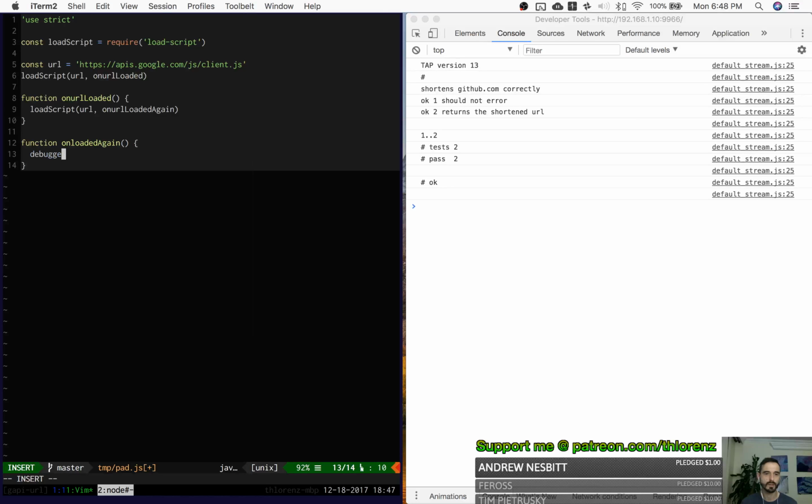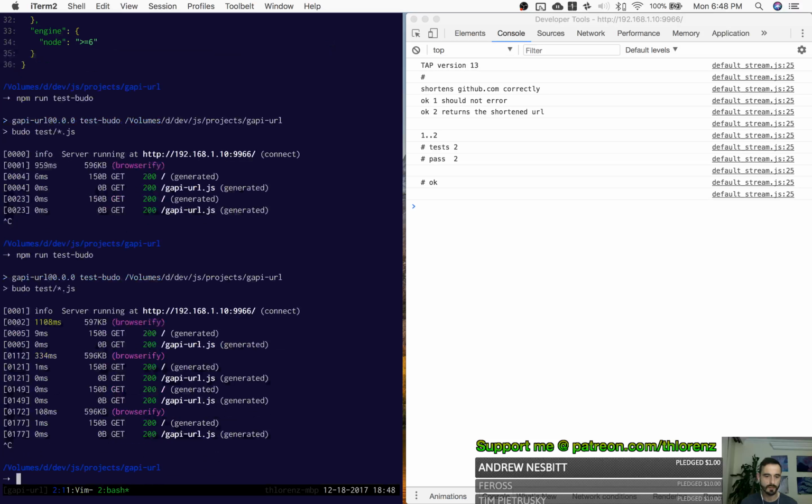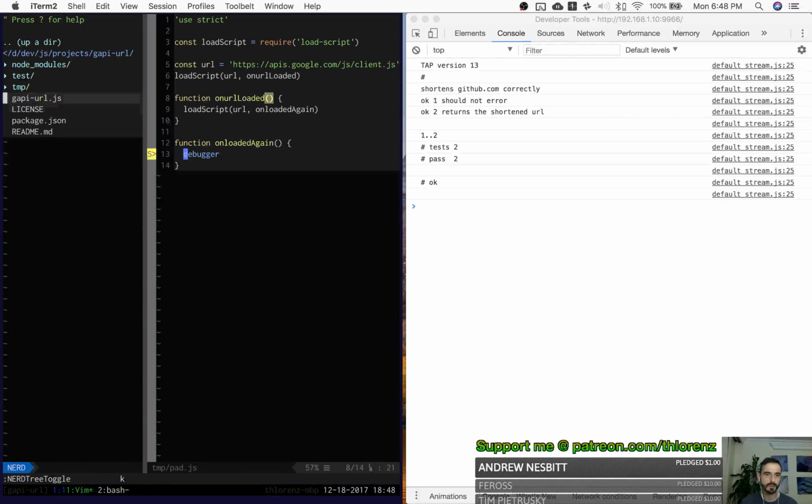And here we put the debugger, and then we can check our... okay, it's called unload again, that's fine. This is just, we're going to throw this code away. So now what we'll have to do is run our bootto. So let's actually just put a little script in the package.json that says,